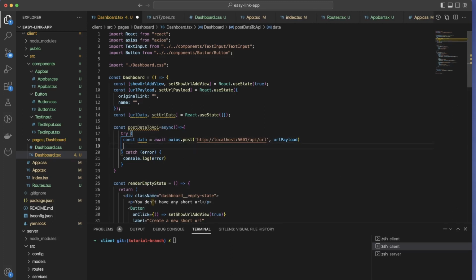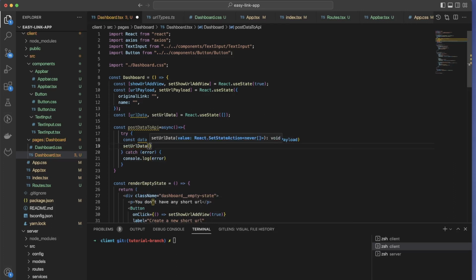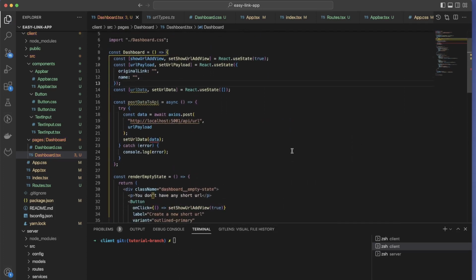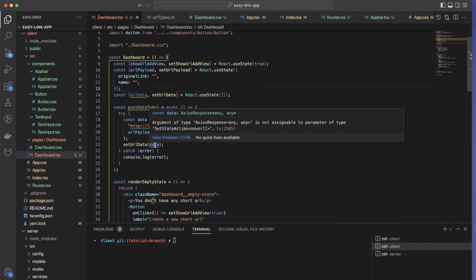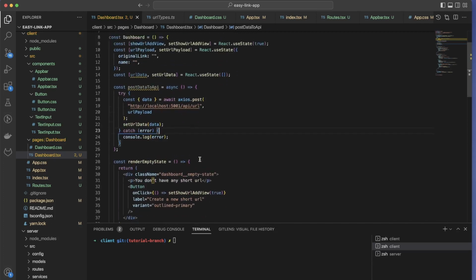And then when we have data, all we want is set URL data to this data. Okay, that's what we want. Actually, if I do this, not that. Okay, so because we will also get many other things from there, but that's the data we want,